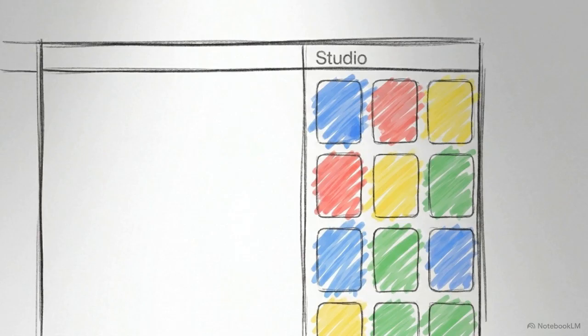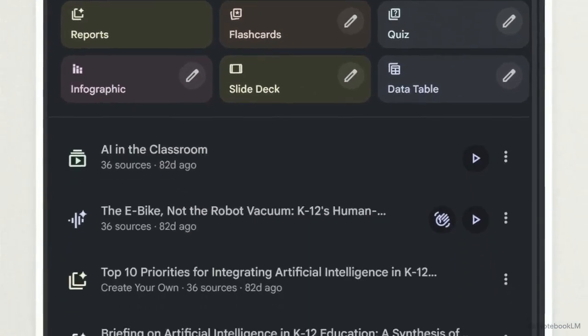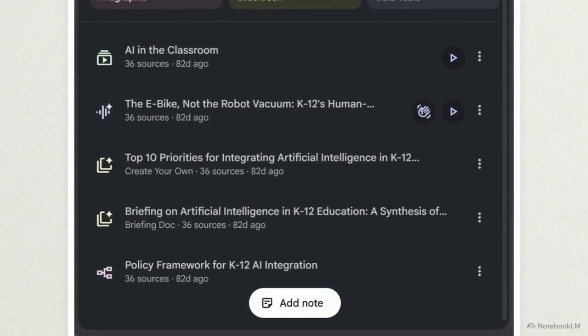Look to the right side of your workspace to open the third area, the Studio panel. This interface displays a grid of generation options. Use these chips to create study guides, briefing docs, or flashcards. Selecting an option commands the AI to synthesize your entire source library into a newly formatted document, saved directly below